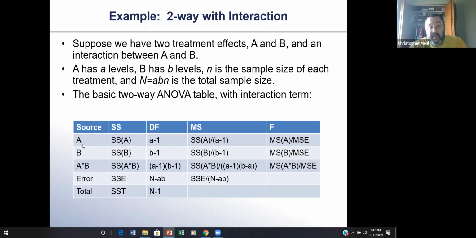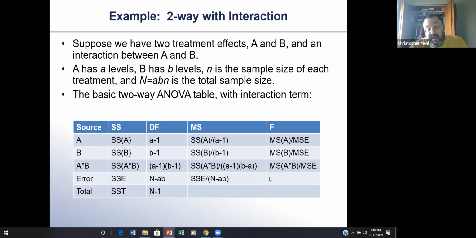Okay, so your A line, which is looking at the significance of treatment A, is the mean sum of squares of A divided by the error sum of squares. Your B line is looking at the significance of treatment B. That's the mean sum of squares due to the B treatment divided by the error. There's your interaction line. Again, each F statistic is